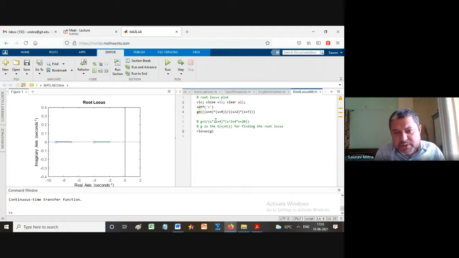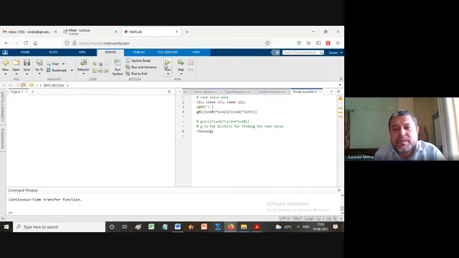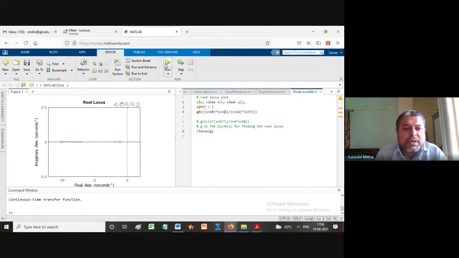One last case and we will stop. We will keep both zeros on the outer sides. So this is 10 and this is 1 and this is 2 and 7. This is the last case we are doing. 2 zeros we are keeping on the extreme sides and 2 poles we are keeping at the center. So in this case also, both the root locus branches will end in zeros. None of the root locus is going to infinity like this. So these are the easiest cases. As soon as there are pole, 0, these are the easier cases that happen.